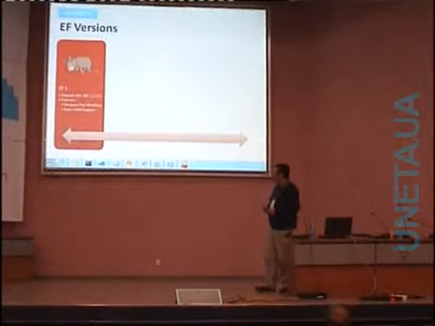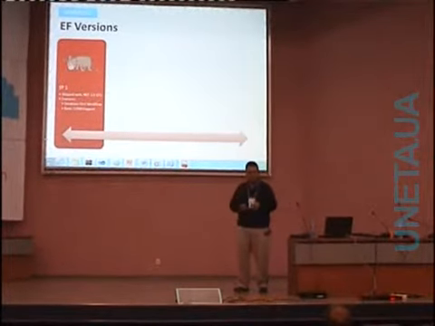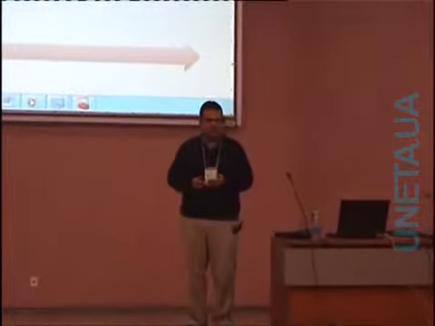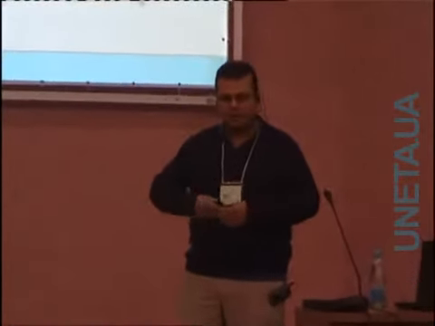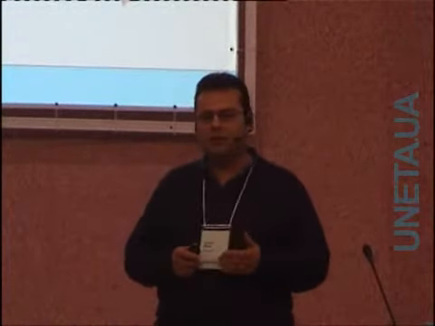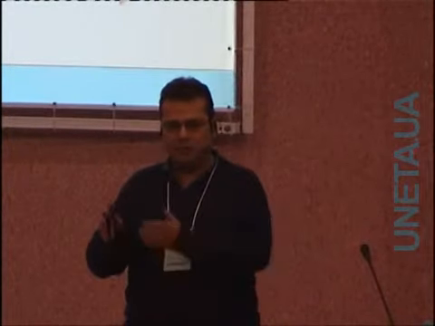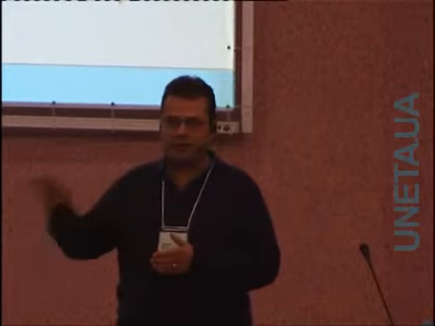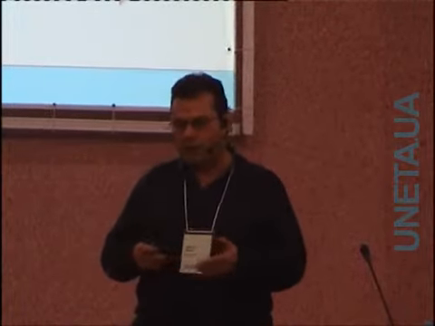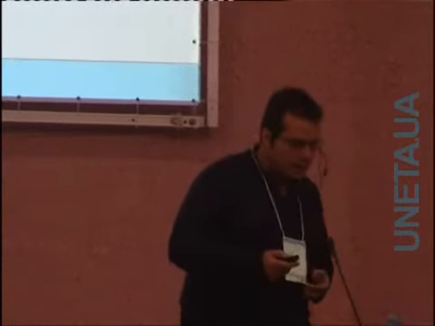And it was a very basic object relational mapper that we decided to release. At that point, to be honest, we were not sure that it was an object relational mapper. It was just a tool to do data access and code generation and things like that. To build useful applications, it only supported a workflow that we call database first, which is basically you point the entity designer to an existing database, and you can reverse engineer the schema of the database into a model. And now we also do code generation of some classes, and you can start writing a program that uses those classes. We got a lot of feedback.